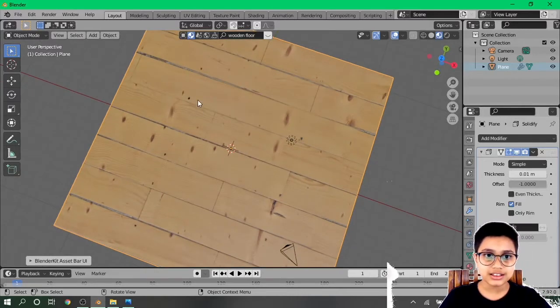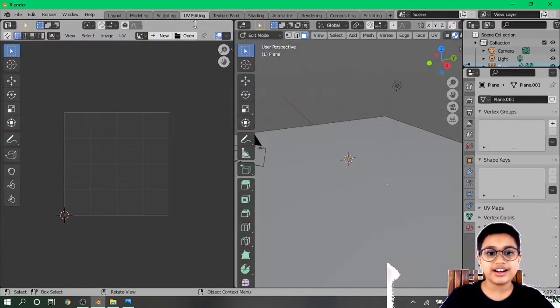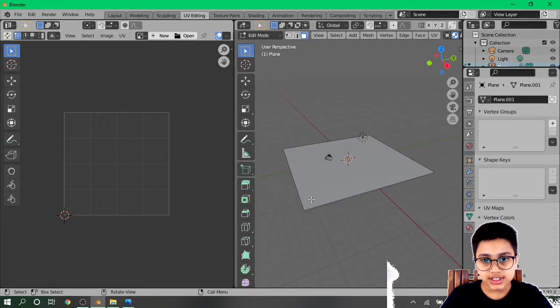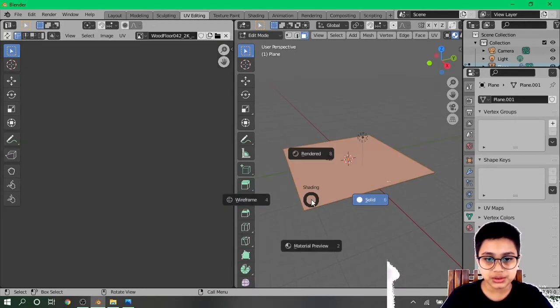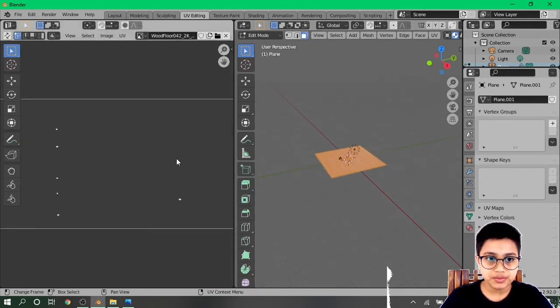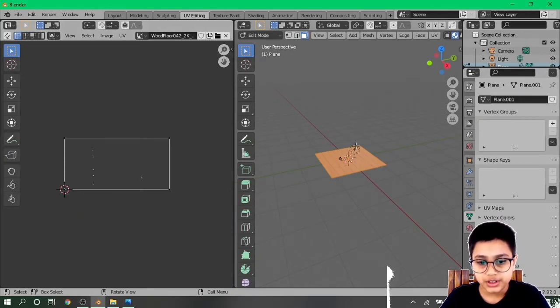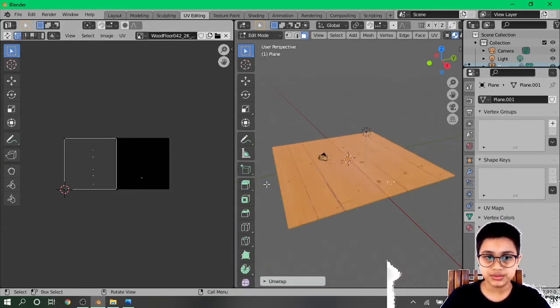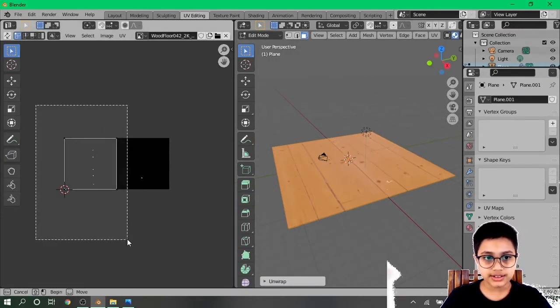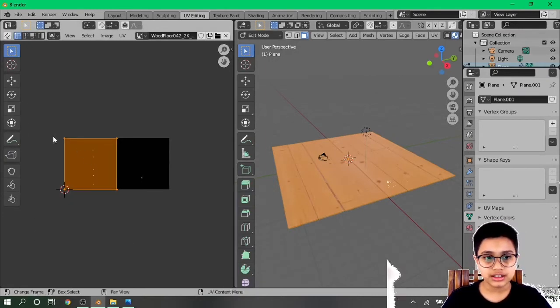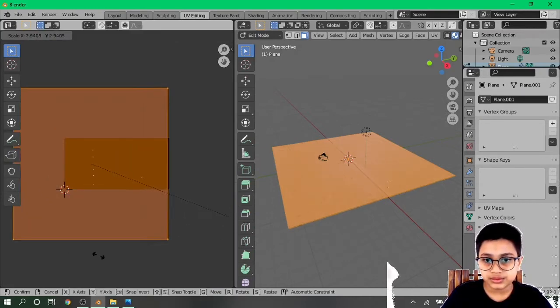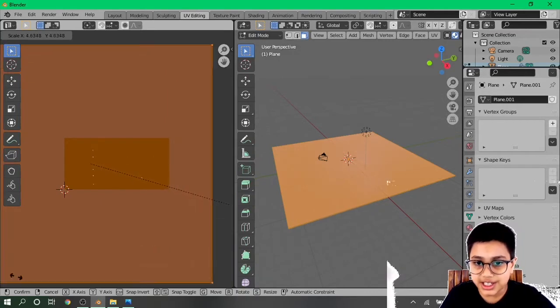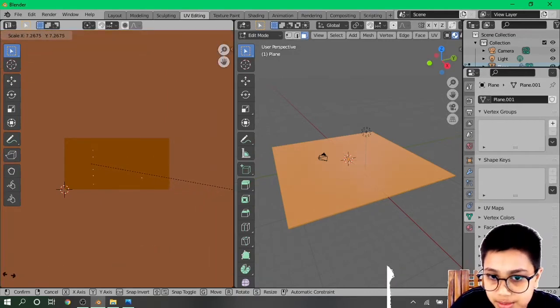Don't panic, go to the UV editing tab, select everything, go to material preview, view, and unwrap it, and now select the part which has 4 vertices over here and scale it. As you scale it, you can see that the material is getting smaller.